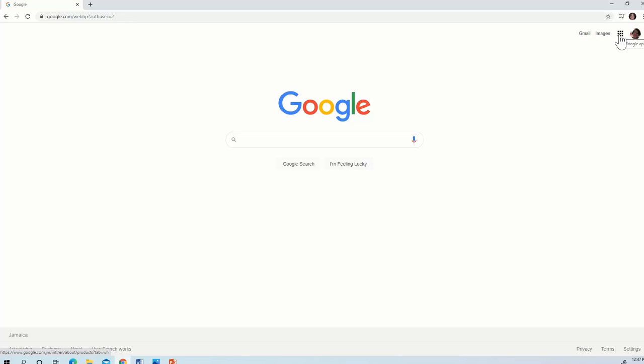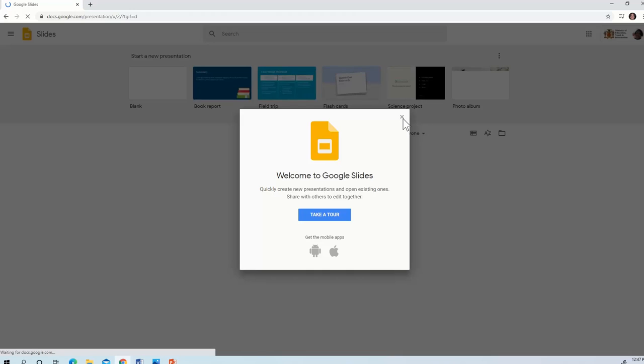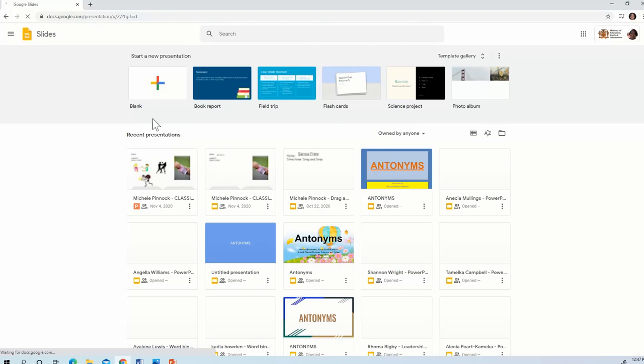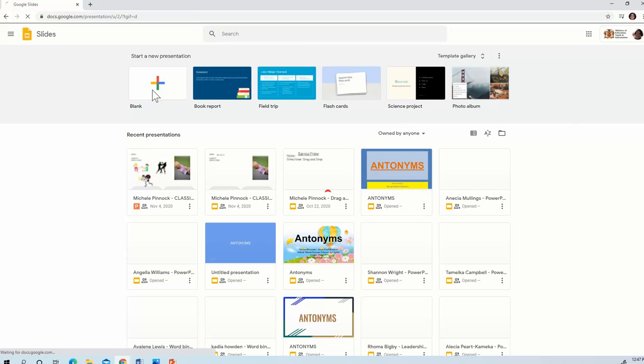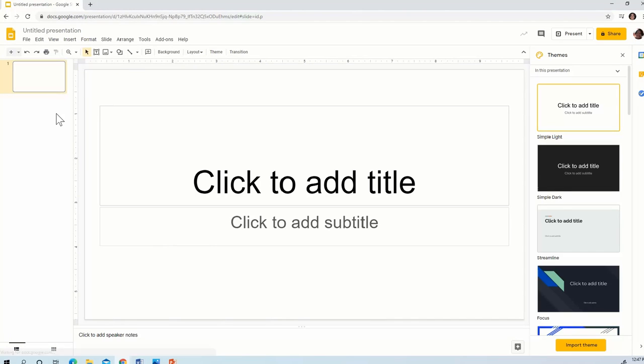to this area here where we'll find the Google Apps. We'll click on it and then we're going to be going to Google Slides. As we have up Google Slides, we will now click on blank slide, new presentation. All right, so this will be our